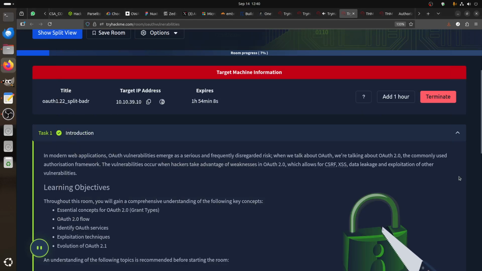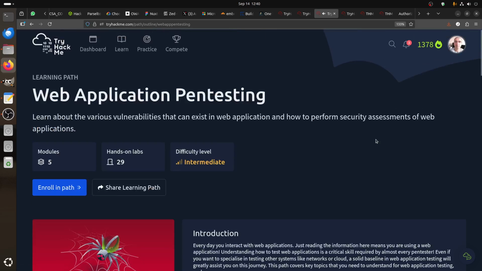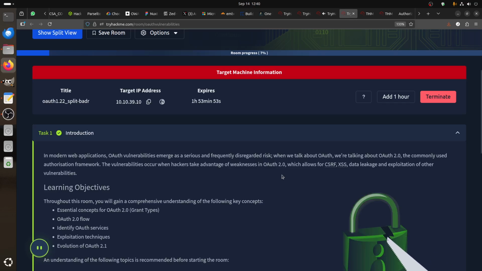Hi everybody, good morning. I'm doing some rooms that didn't finish in web application pentester. I'm doing this one, OAuth Vulnerabilities. I thought to do this room a while ago and then I got busy and lazy